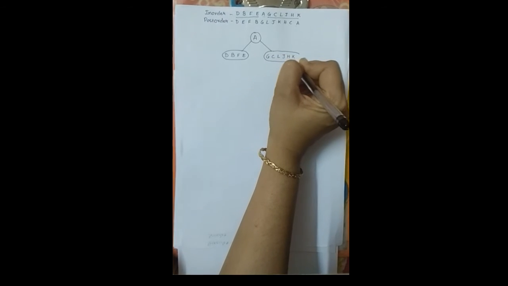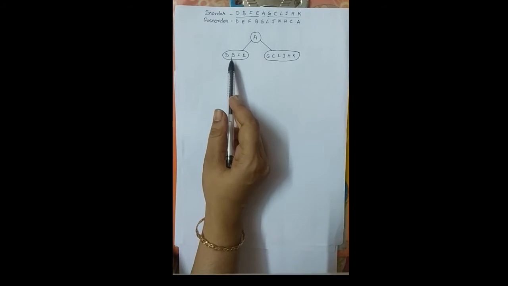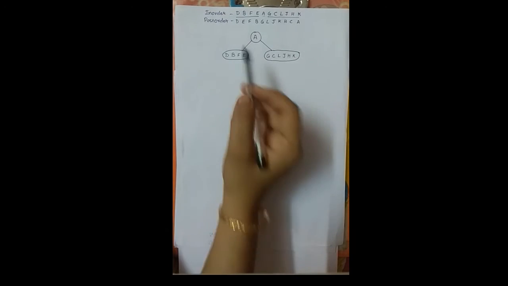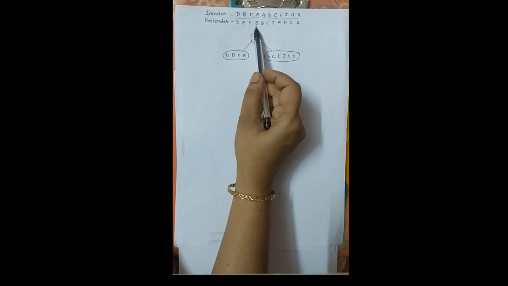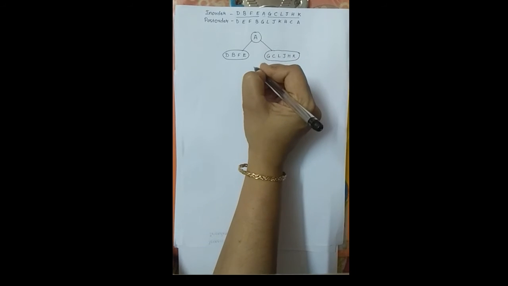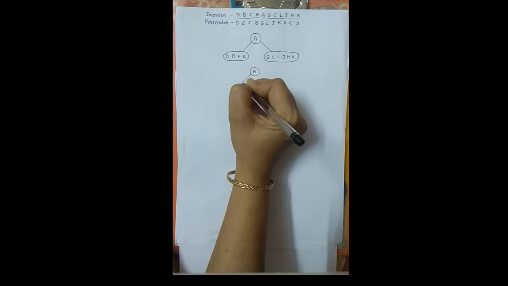I have copied these values from in order traversal. Now let us go ahead expanding this to left subtree and right subtree. Let us go first with the left subtree. Now we will follow the same rule. I'll locate these characters inside my post order. So I can see D, E, F and B, out of which B appears at an end, indicating that B is going to be a root of this subtree. Right? So let us go for forming A as a root, followed by which B becomes the root.